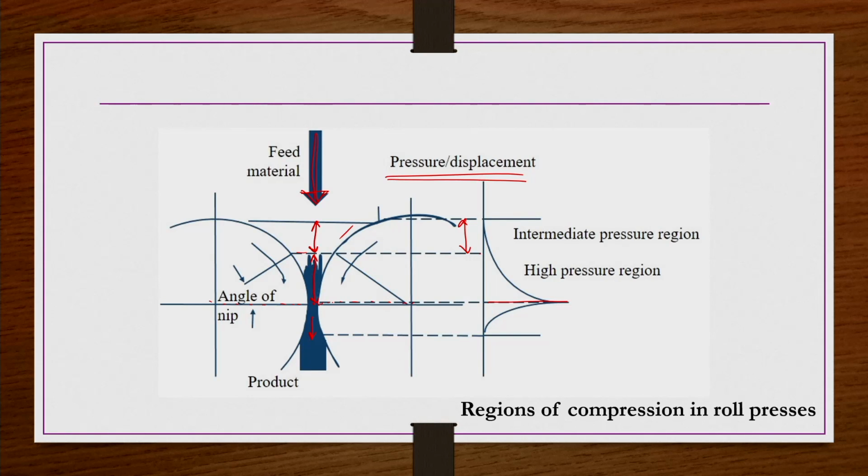When it comes in as a feed, it experiences more pressure, though it is an intermediate region. While going out in the similar region, the pressure is not so high; it experiences smaller pressure. So this is about the pressure regions, the regions of compression in roll pressing,